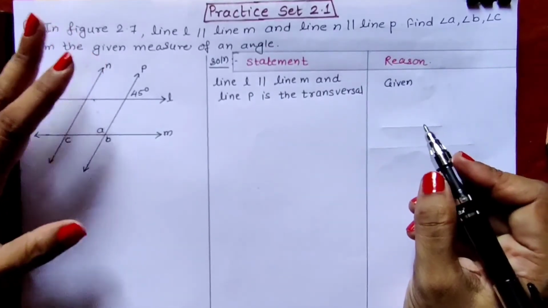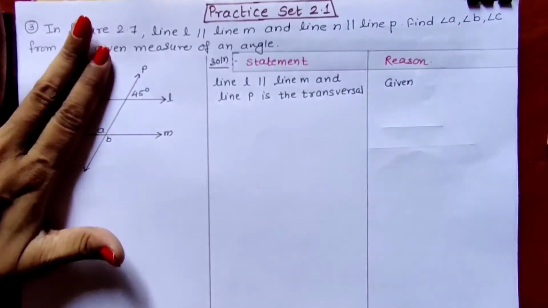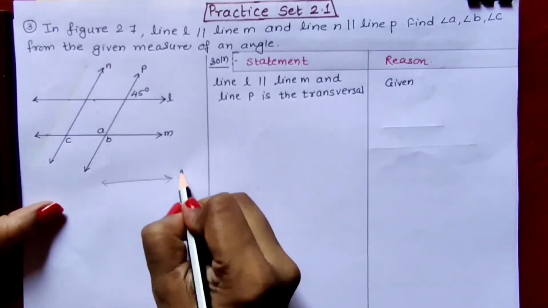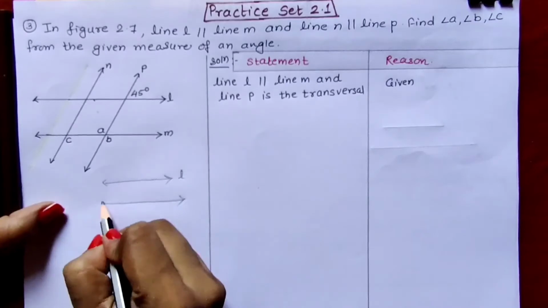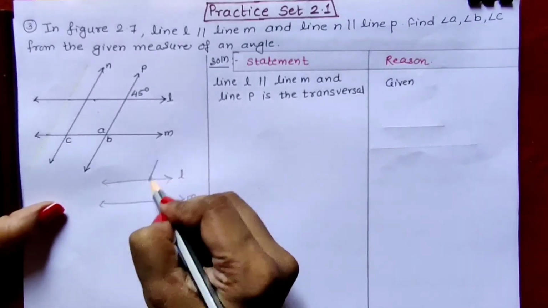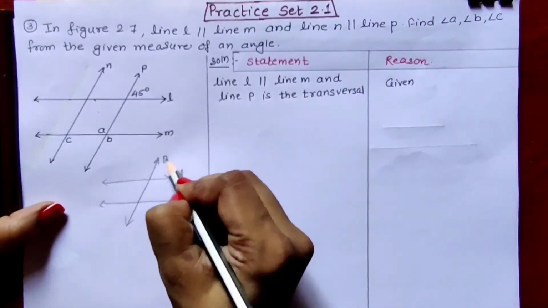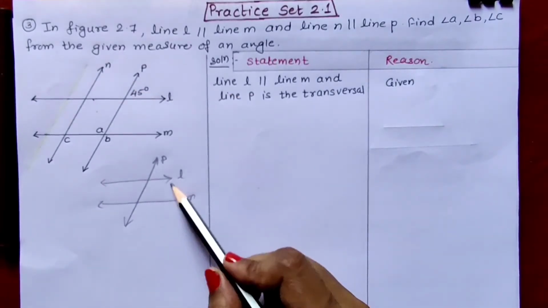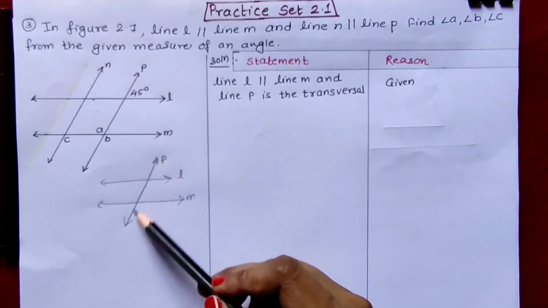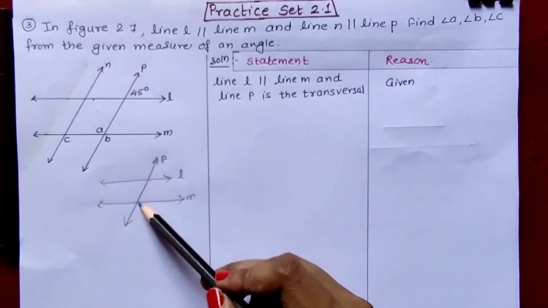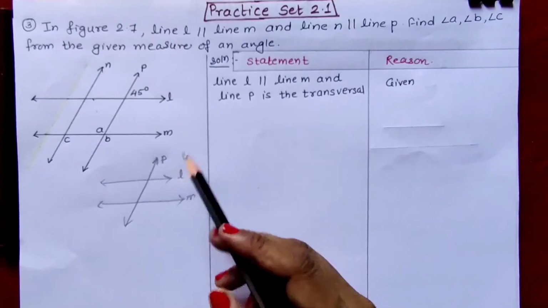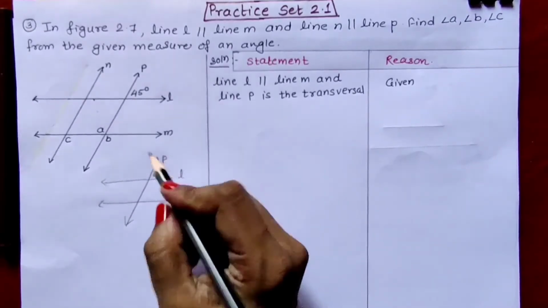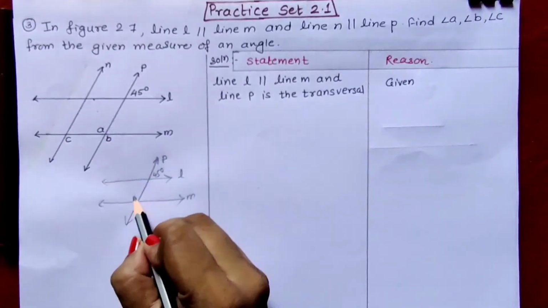Now let us observe this. Don't look at this line. We will be observing only line L, line M and this transversal line, line P. P we have taken as transversal. So when two lines are parallel and a third line is intersecting these two lines in two different points, we can take that line as transversal to solve our sum. So here this 45 degree angle is given, and from this 45 we will have to find out A and